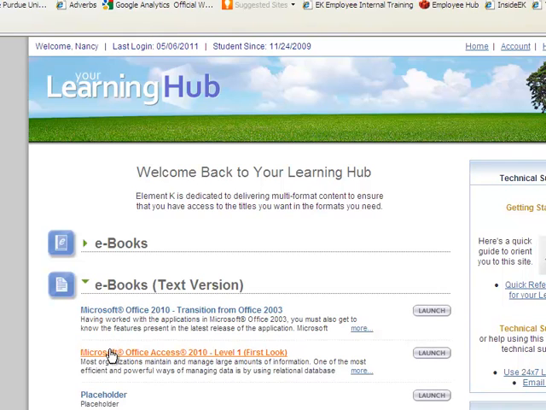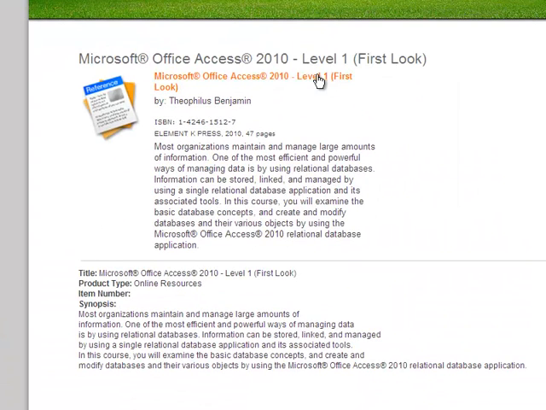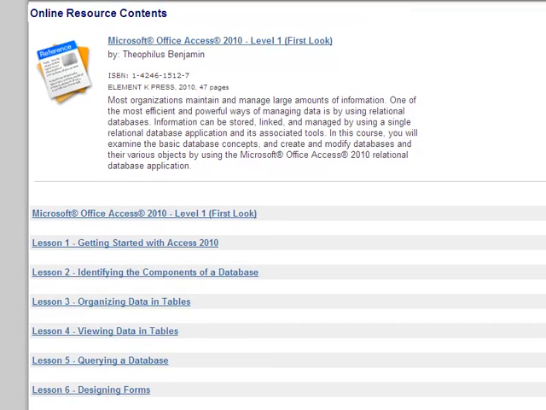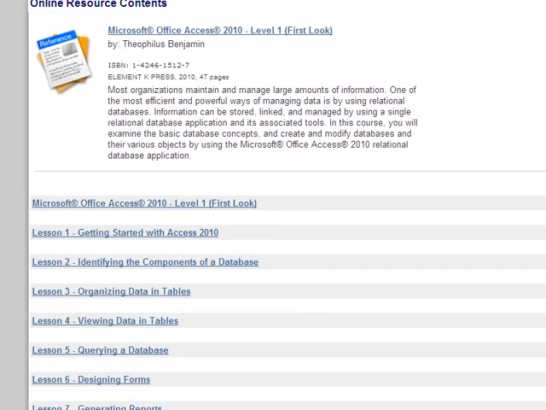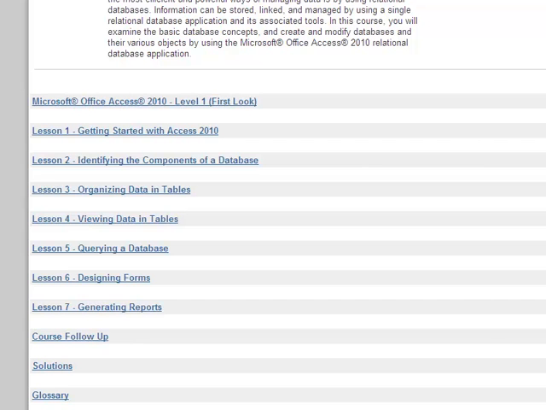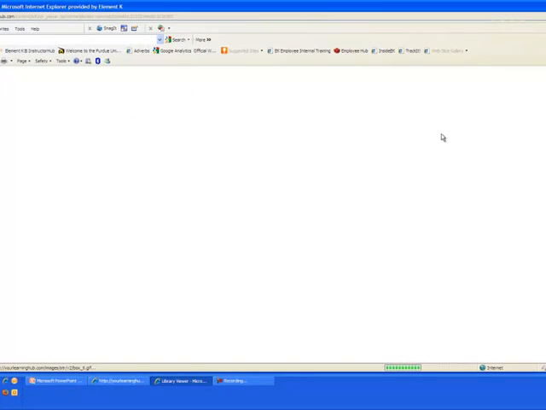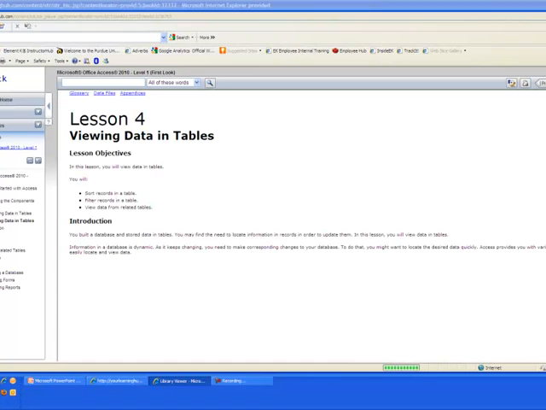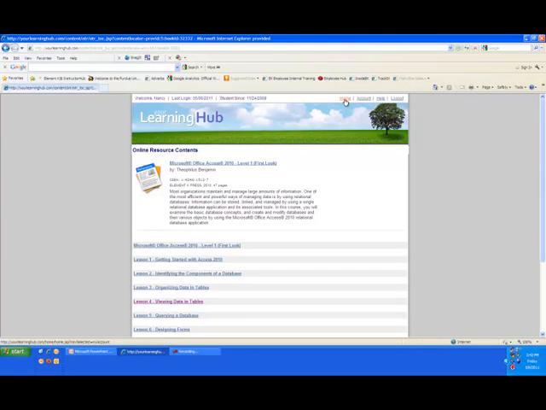For example, let's open a Microsoft Office 2010 Level 1. If I go ahead and launch the item, the ebook text version is displayed. Shown here on my screen are the various lessons in the mobile version of the ebook. I can launch any one of them by clicking on each lesson link. I'm going to go back to the home page now so we can view other assets in an LMK Knowledge